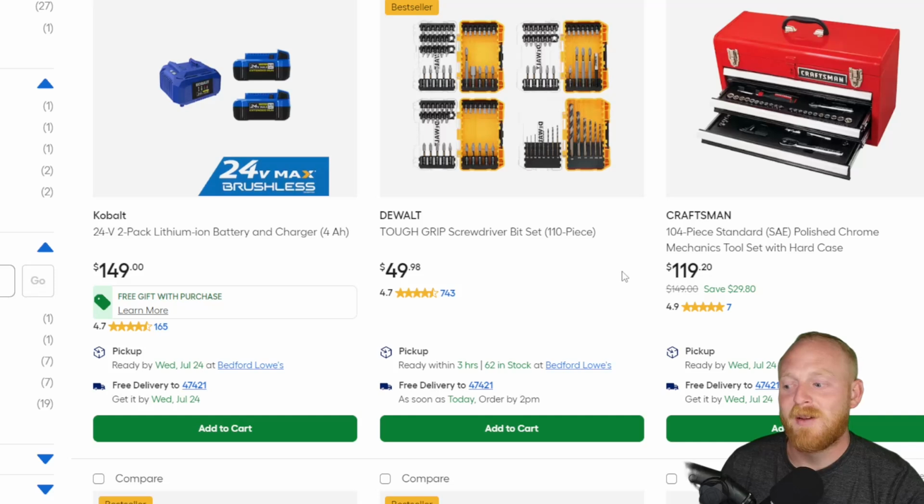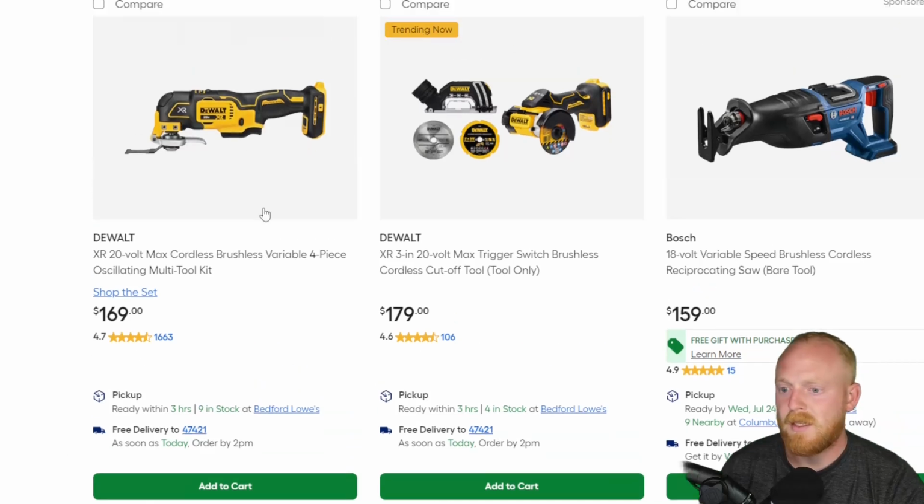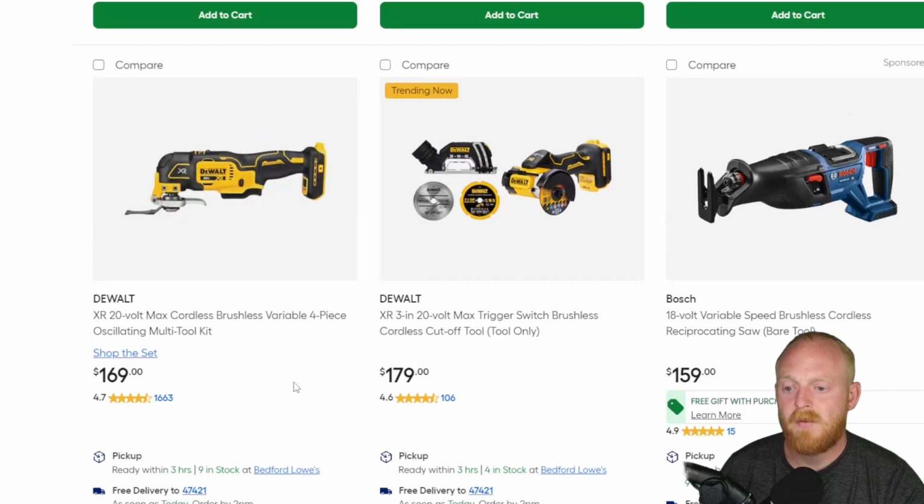I've done that a couple times and I'm glad I did, because the tools that I got for free turned out to be a great little addition to my lineup. Here they have the Bosch 18-volt variable speed brushless cordless reciprocating saw at $160 with a free gift with the purchase as well. Here's the oscillating tool that I just picked up, and I did pay this price of $170,